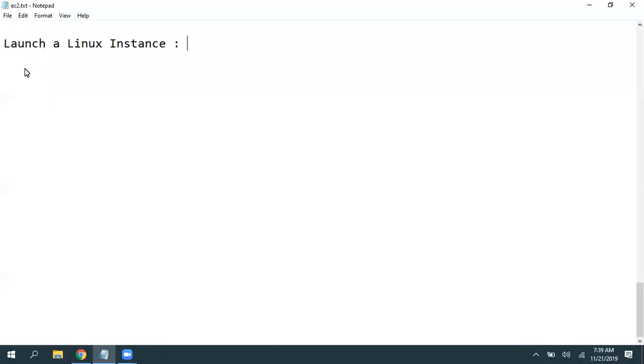Again, we have different tools. For Windows we have that Remote Desktop Connection option. We have PuTTY, we have MobaXterm, and we have our regular command prompt, or you can install Git and start using our Linux commands also. So all works for us. I'll show you a couple of options here. Whichever one is convenient, you can go with that.